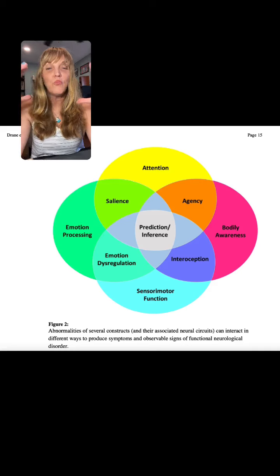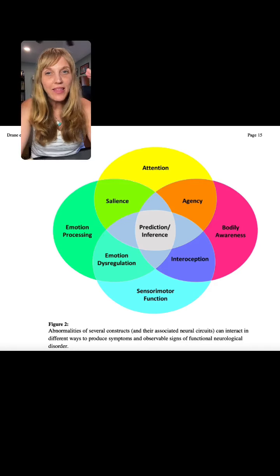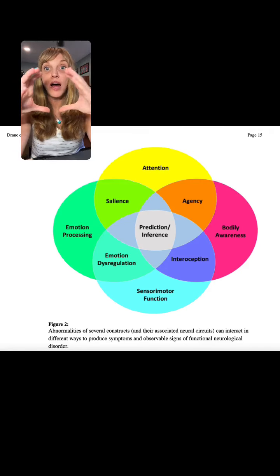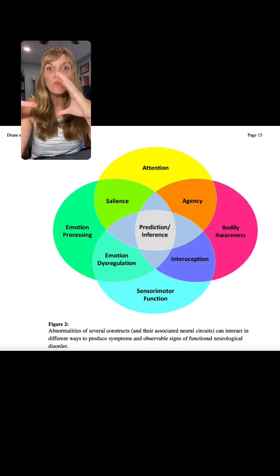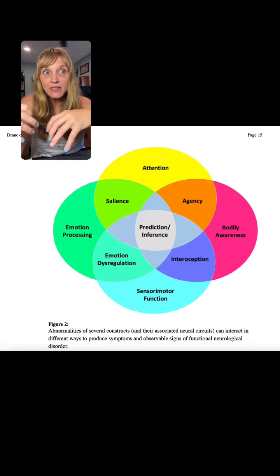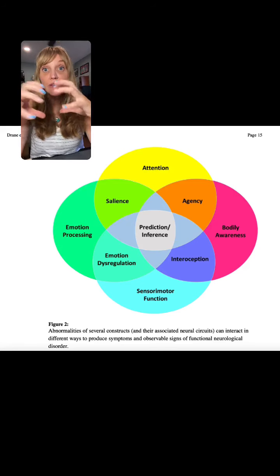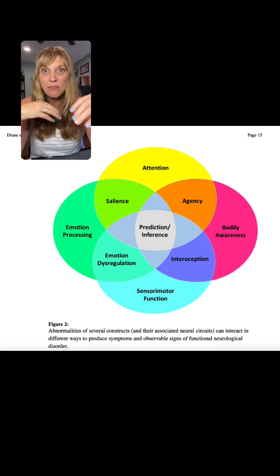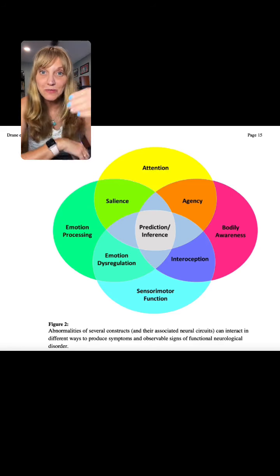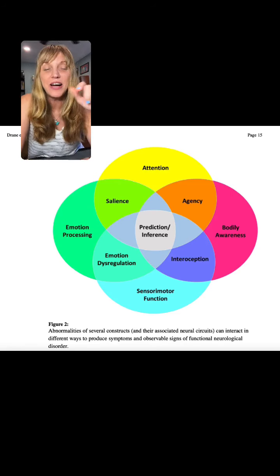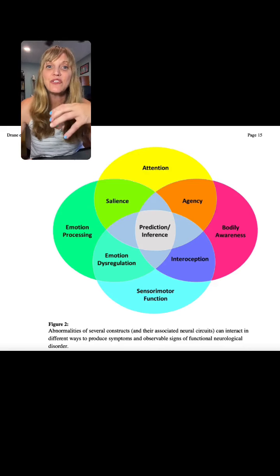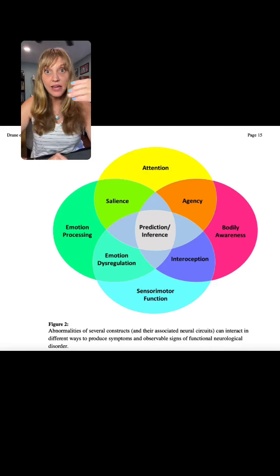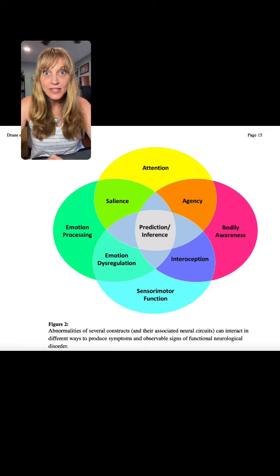So even though I love the pie chart, one thing I don't love is that in the brain, in the nervous system, in the brain and the body, a lot of these pieces overlap. Those pieces of the pie. You really can't have a motor system without a sensory system, and so on. What I like about their figure here is they show those overlaps. So these are the areas that have been investigated and studied in FND,